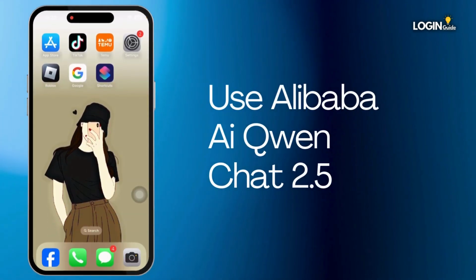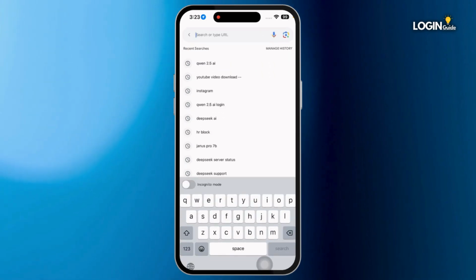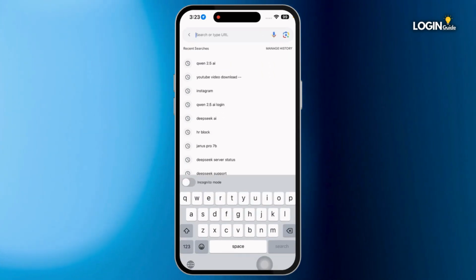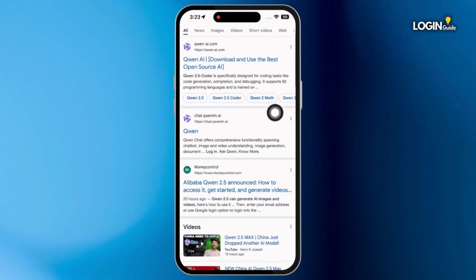How to use Alibaba AI Qwen Chat 2.5. Let's get started. First, launch your preferred browser. Now type in Qwen 2.5 AI login and then search for it. Now navigate to this one website option,